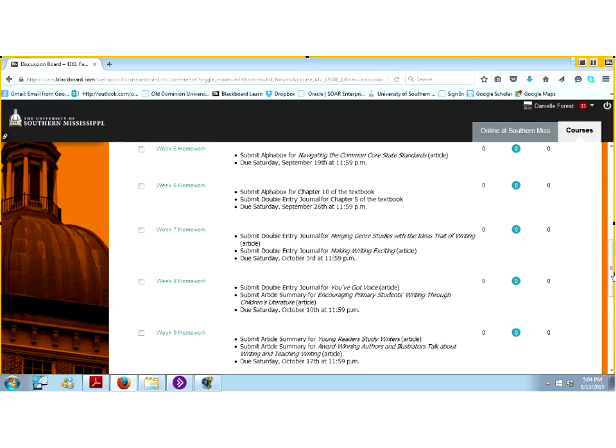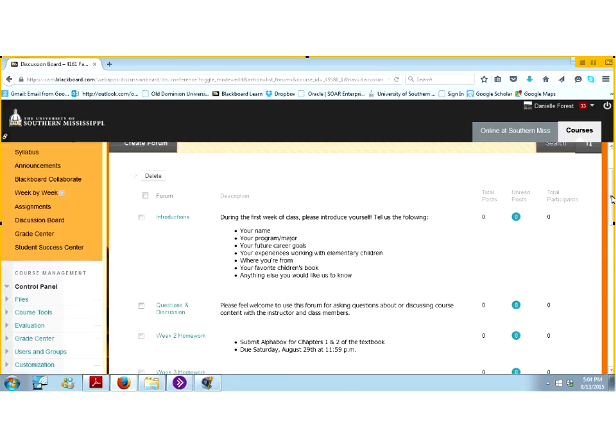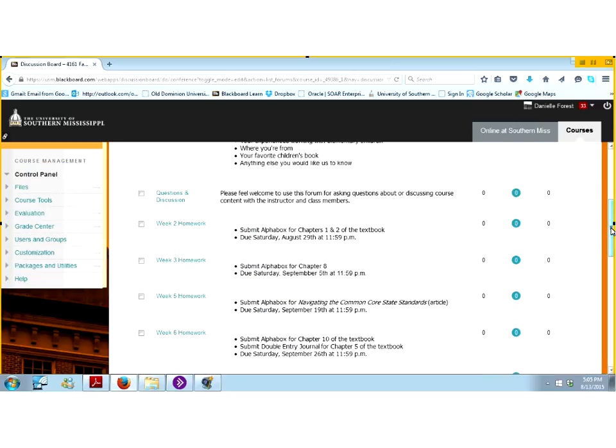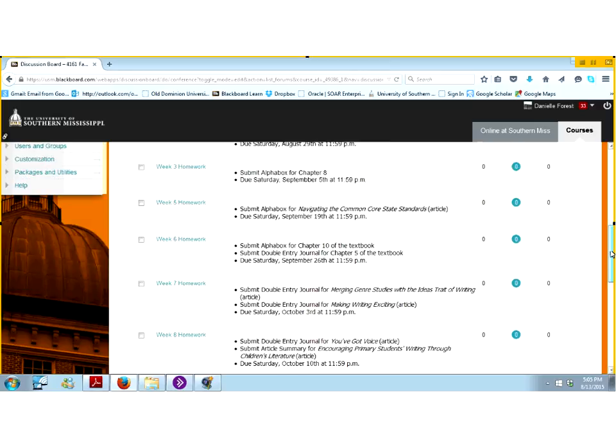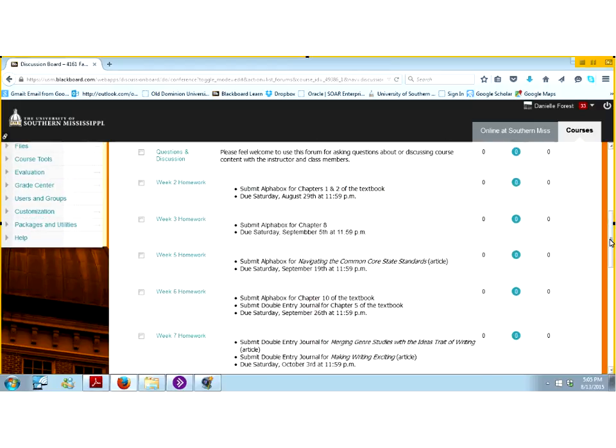As I mentioned, pretty much every week you'll have homework assignments due. In terms of where you submit these notes about your reading assignments, you go to the class discussion board, and as you can see on the left-hand menu, you see the discussion board option. If you scroll down, you will see discussion forums that are labeled according to each week of the course, like week 2, week 3, and so forth. What I would like you to do is submit your homework using these discussion board forums. To do that, all you do is, let's say, click on week 2,